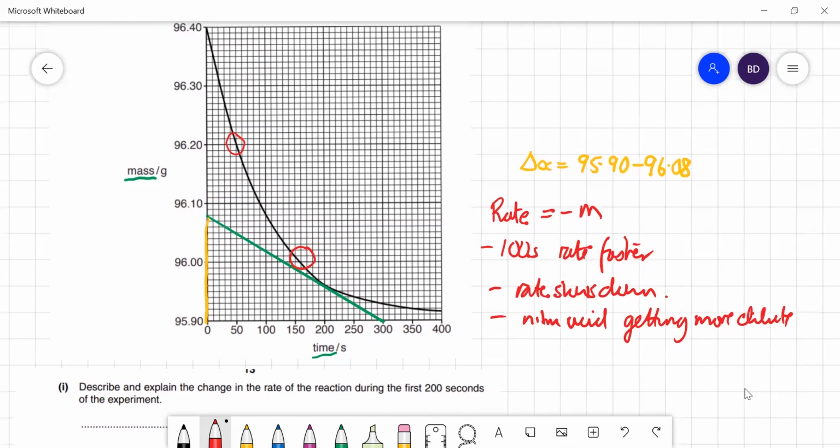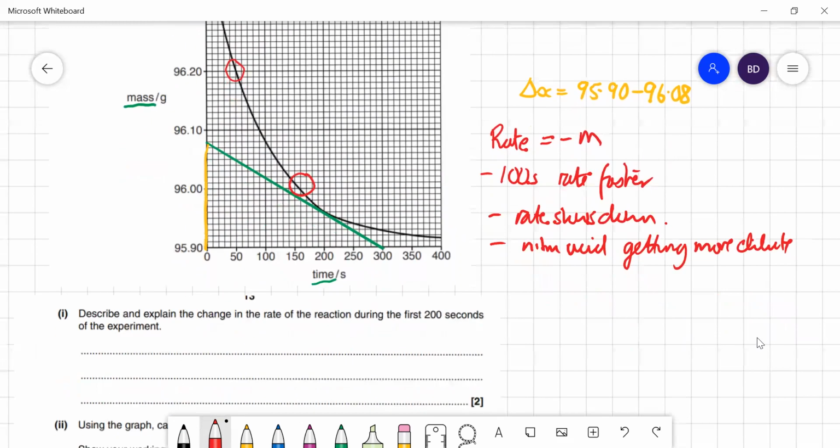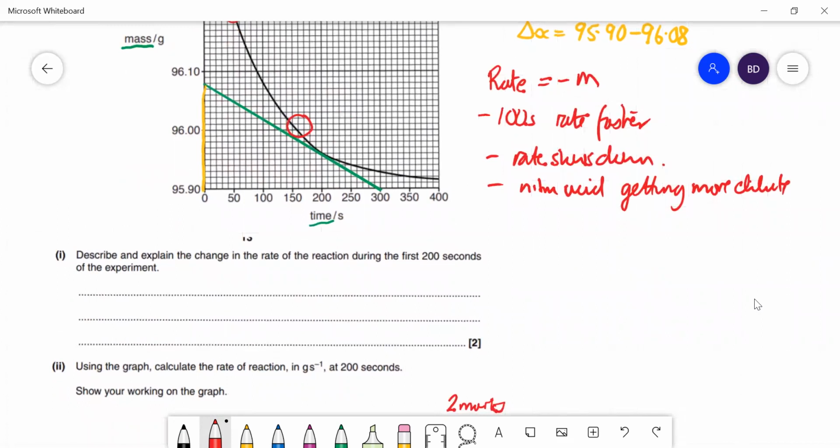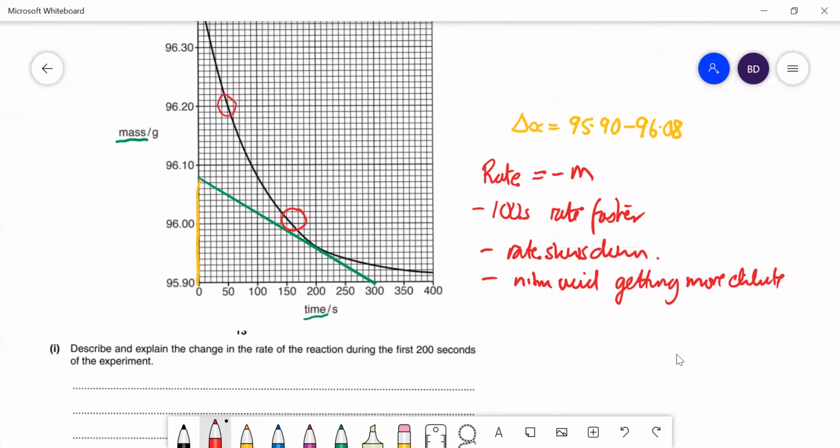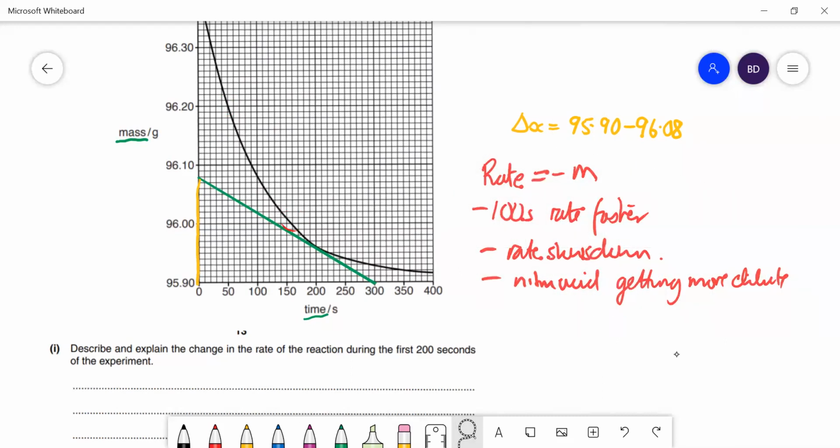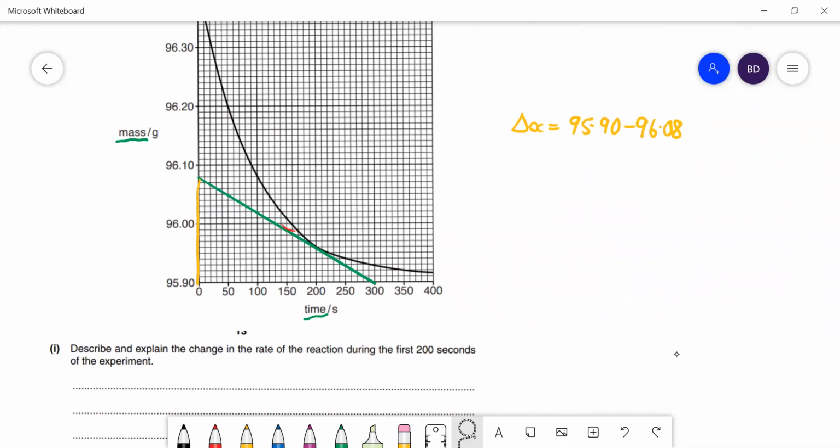Okay, now you can probably tell I've already drawn a tangent there on that gradient. It says use the graph to calculate the rate at 200 seconds. So what you need to do, like I've drawn there, is draw a tangent to the line at 200 seconds. So I've drawn my tangent, I've just rubbed it out. Okay, draw my tangent there. And we need to calculate the gradient there. I'll get rid of this. Okay, so gradient